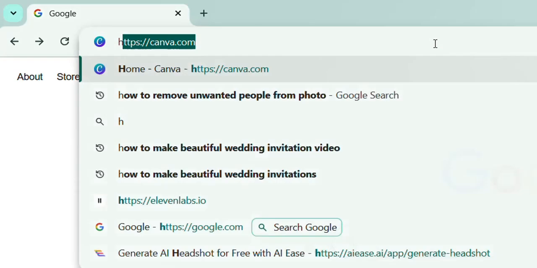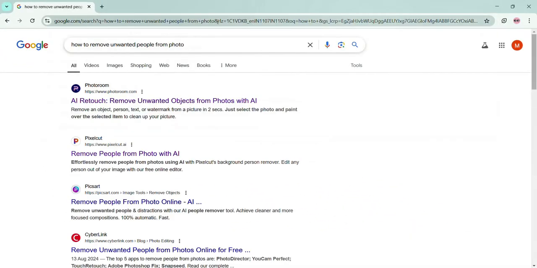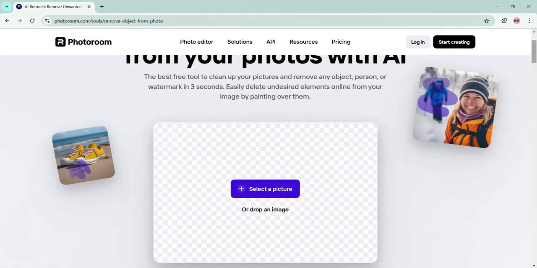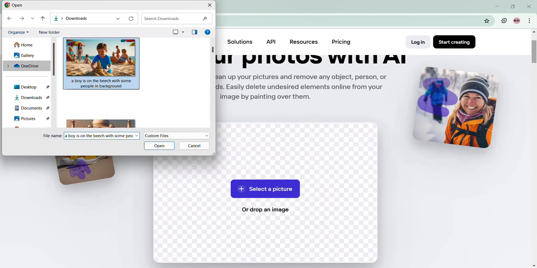First of all, type here how to remove unwanted people from photo. Here is the option, photoroom.com. Click over there. Just select a picture from where you want to remove unwanted objects from the photo. Here I am going to select this photo,